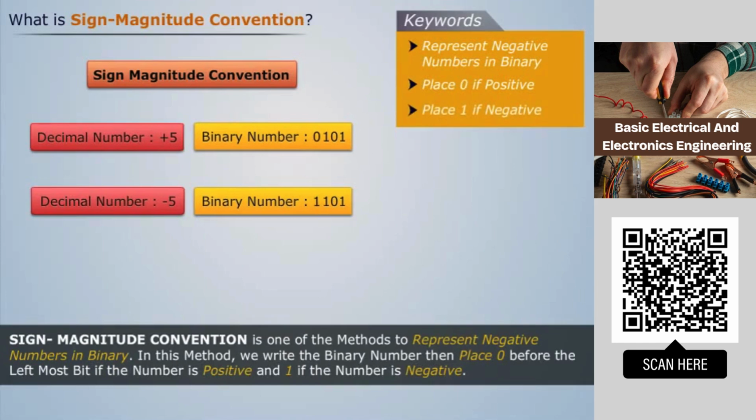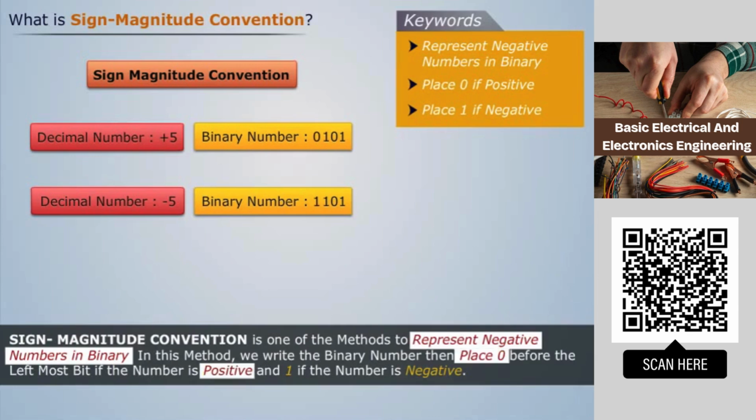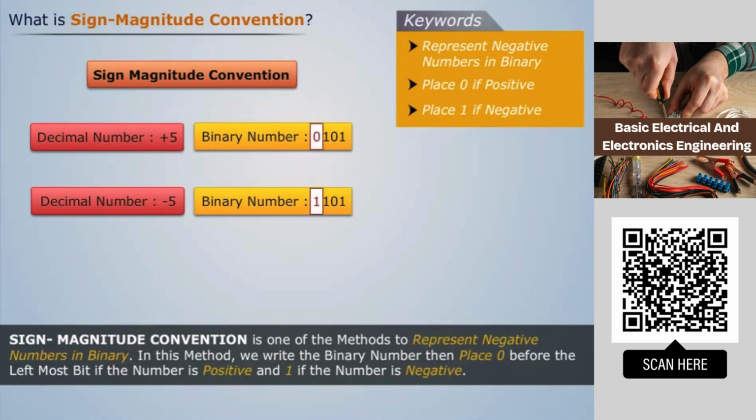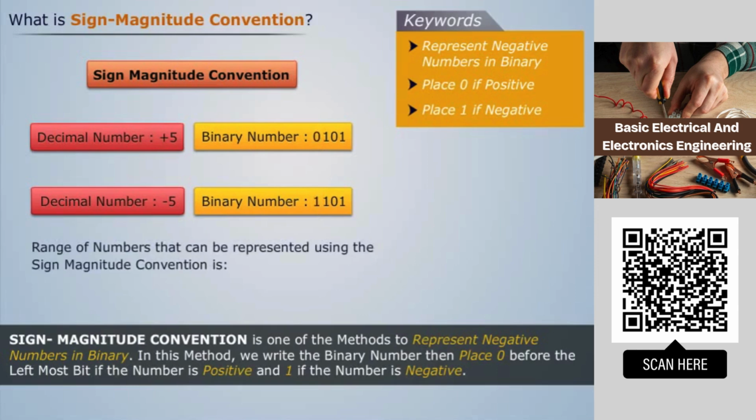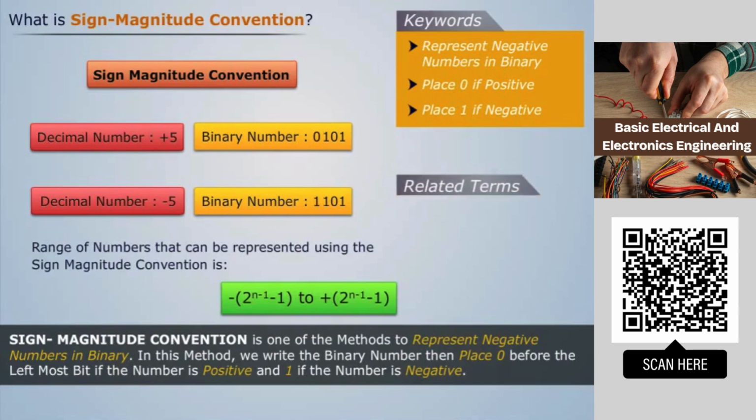Thus, sign magnitude convention is one of the methods to represent negative numbers in binary. In this method, we write the binary number first, then place 0 before the leftmost bit if the number is positive, and 1 if the number is negative. Note that the leftmost bit is used as a sign bit. Therefore, the range of numbers that can be represented using the sign magnitude convention is: